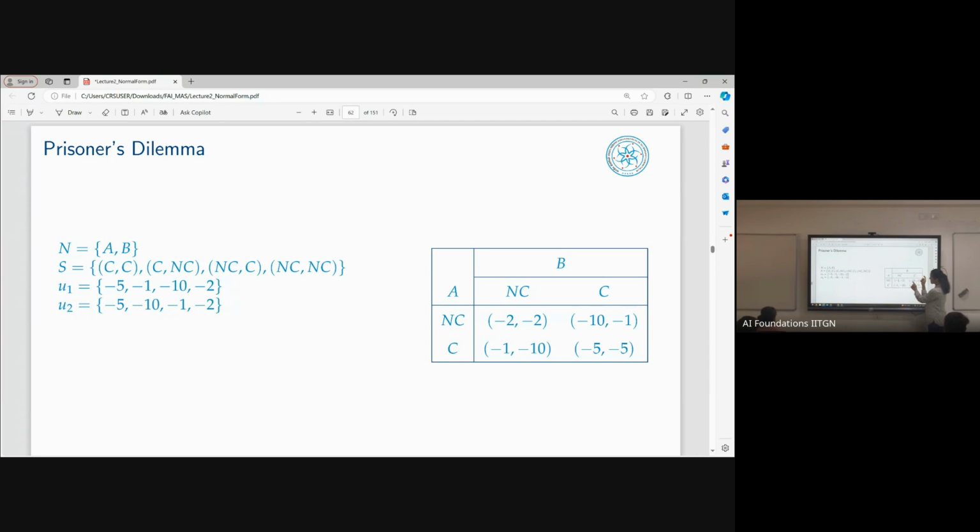Now, what is the utility of the row player? The utility is decreasing by a lot, right? -10. So this is how you read these utility matrices, and you should always focus on the first number for the row player and the second for the column player. Change in strategies for the row player, change in strategies for the column.